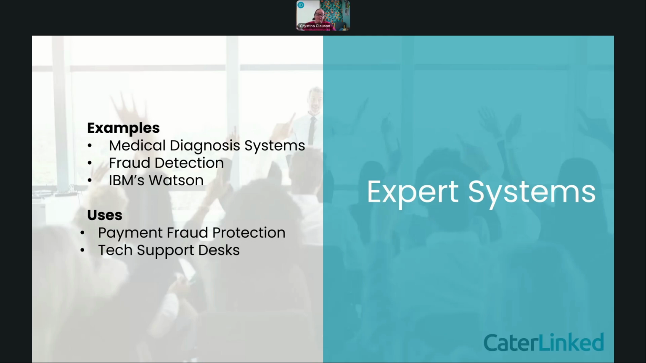So, expert systems: medical diagnosis systems, fraud detection, IBM's Watson. Uses in the restaurant side are payment fraud protection and tech support desks. What expert systems do is you give them a giant database of data, and then when you input, it pulls from that database. So payment fraud protection looks at the MAC ID of whatever device somebody's using to order, for example. It looks at their credit card information to see if any fraud or chargebacks have been brought up against that credit card, against that MAC ID, to see if